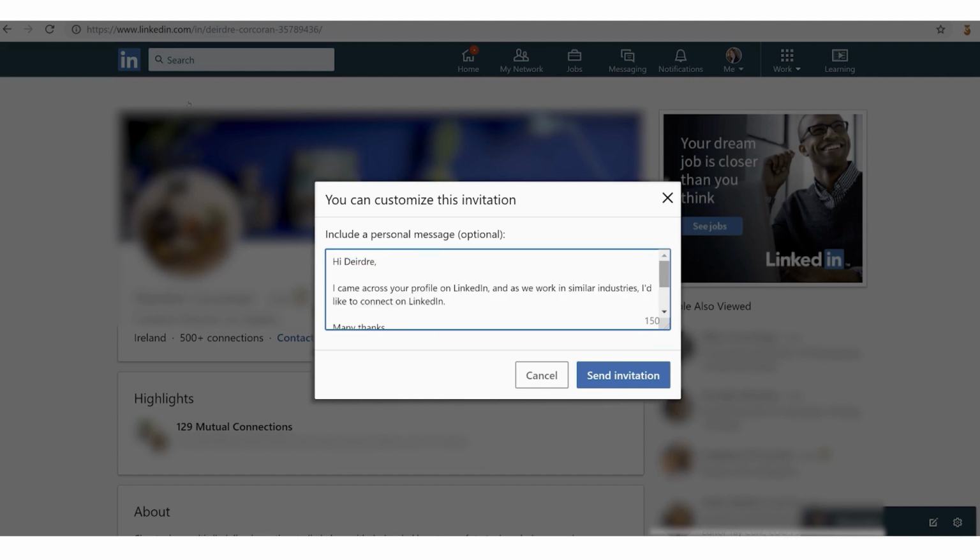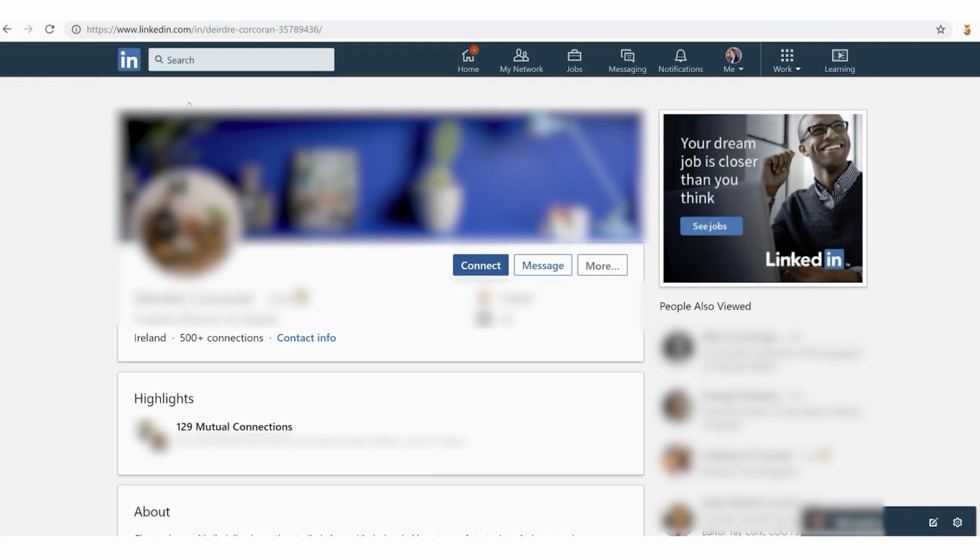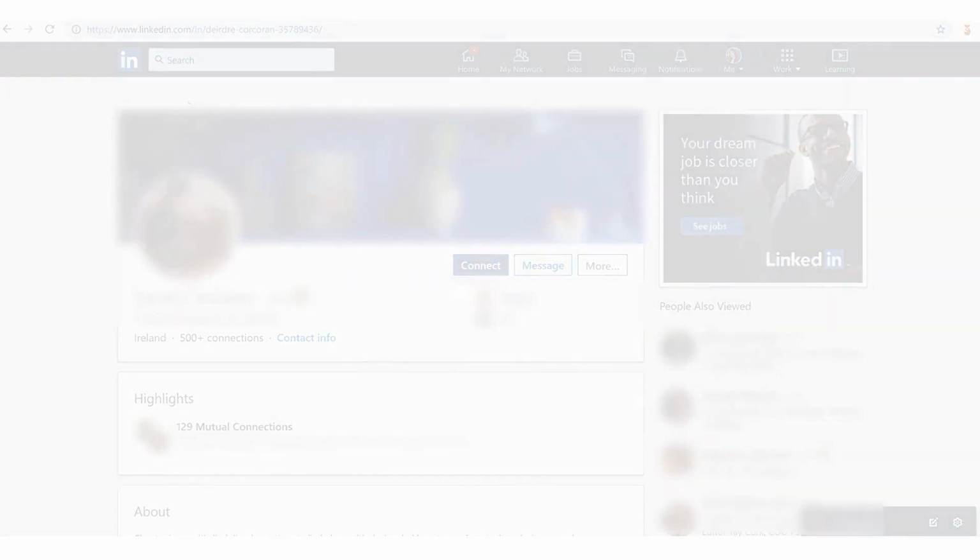So short and sweet. So next we hit send invitation, and then that wings its way to the individual. And chances are, because we have put in a little note, that there is a higher chance then that they will accept our connection request, even if they're like a random stranger and we've never met them, but we would like to stay connected to them on LinkedIn. So really quickly and simply, that's how we send a connection request on desktop.